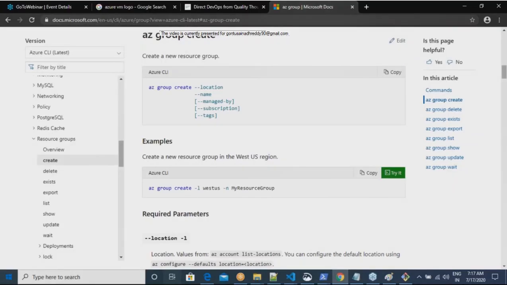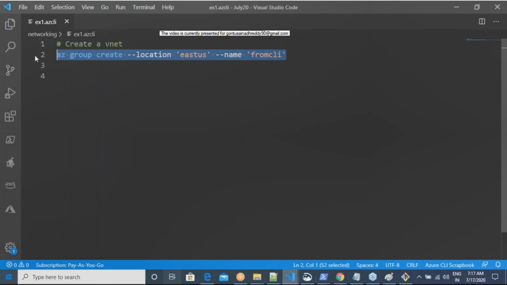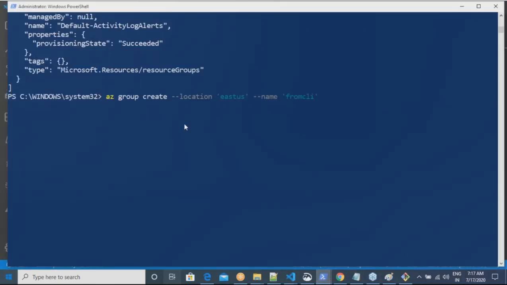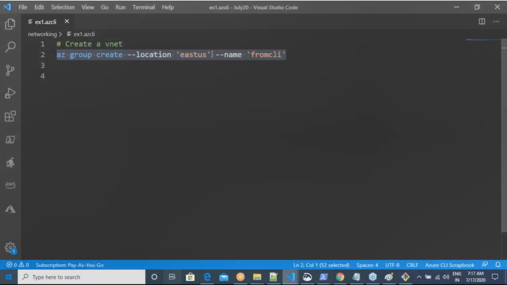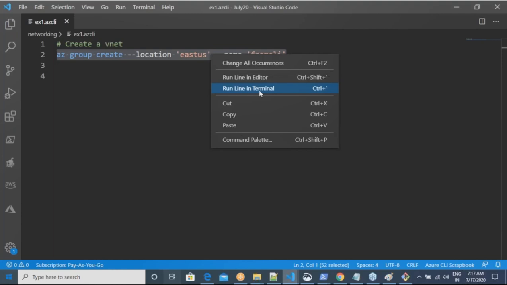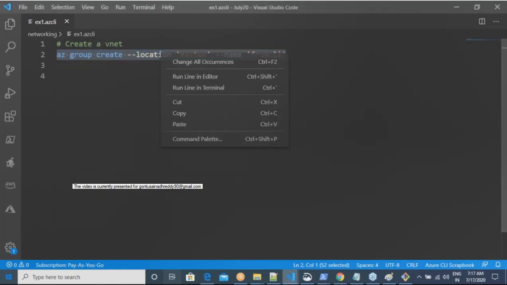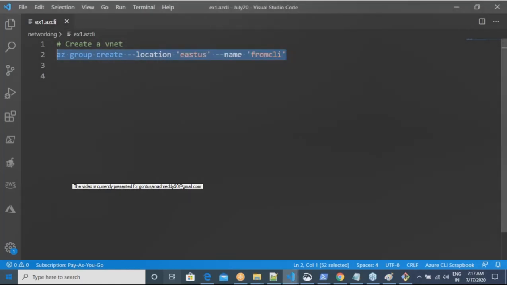So now you can copy this and run in Azure CLI. But the advantage of this is you can copy this and run line in terminal. You can run from Visual Studio Code itself. So I can say run line in terminal.